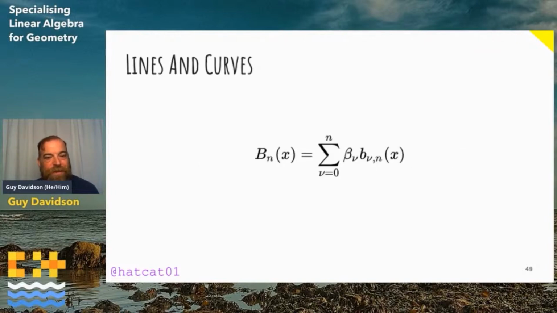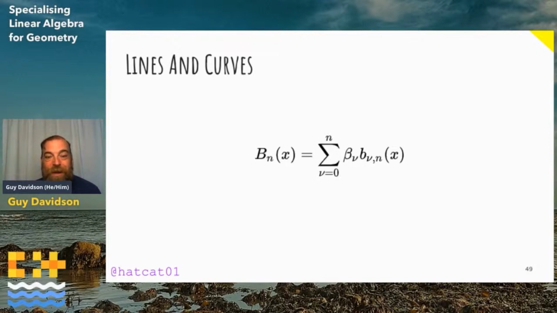Now, a linear combination of these forms a Bernstein polynomial, which looks like this. B_n of x equals the sum from v equals 0 to n of b_v times B_v,n of x, where the coefficients b_v are known as Bernstein coefficients, or, and I'd like a drum roll here, please, to keep the musical thing going, just get this drum roll running in your head, Bezier coefficients. So there we have it, more foreshadowing. But Bernstein polynomials are particularly useful for approximating continuous functions. And this is very convenient in the computing field, where we are dealing with approximation for discontinuous domains.